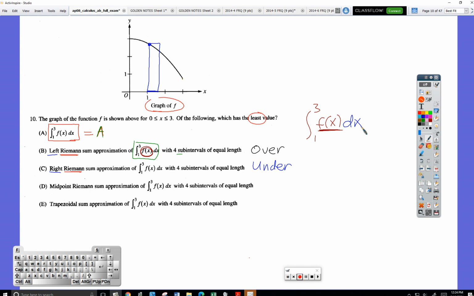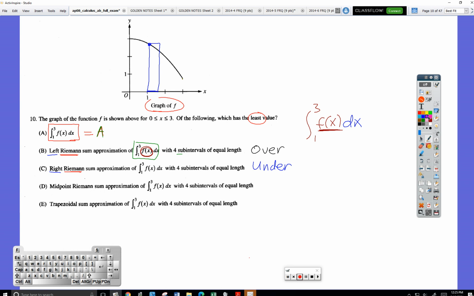Please. It's more of a, so like a right Riemann sum will always be less on a concave down or decreasing graph. Vice versa for all the other use cases, is there any instance where a midpoint Riemann sum or trapezoidal would be any kind of different? Let me try and summarize what you're saying.